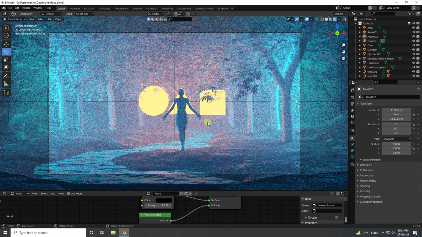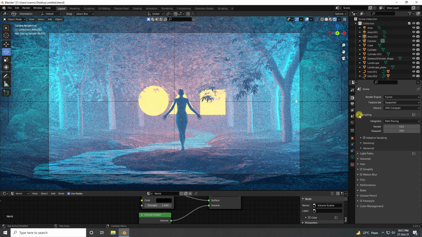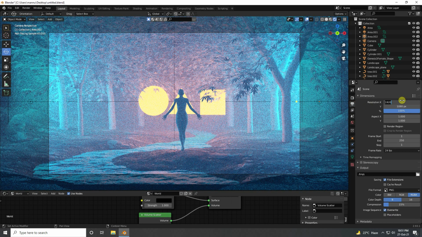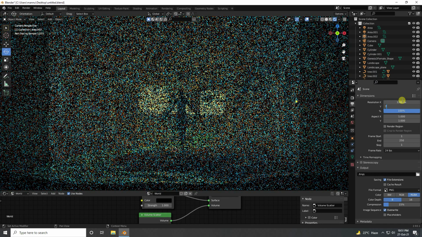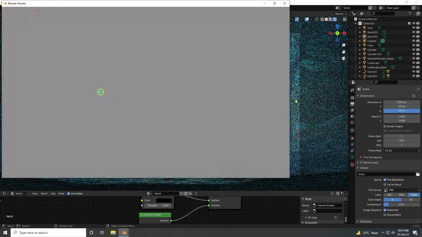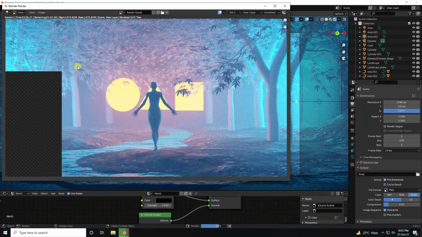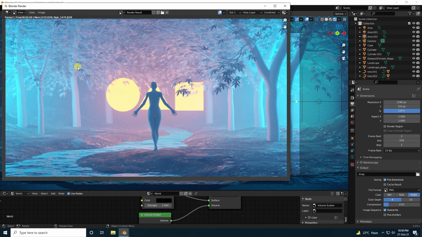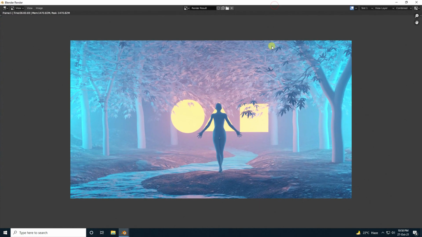Yes, see guys, that's my beautiful night view scene, forest night view scene, right? So guys, go to render setting. Yeah, all render setting is good. And guys, this time go to render and render image check. Guys, I change size, so simple for fast rendering, 1280 by 720 for fast rendering. So go to render and render image check. Okay, see guys, that's my beautiful render. Yeah, it's really beautiful. My night view scene, right?